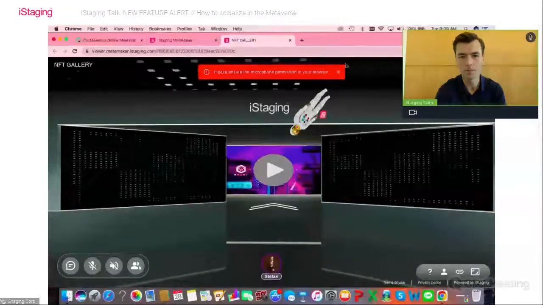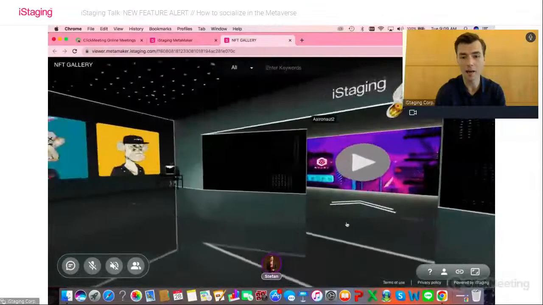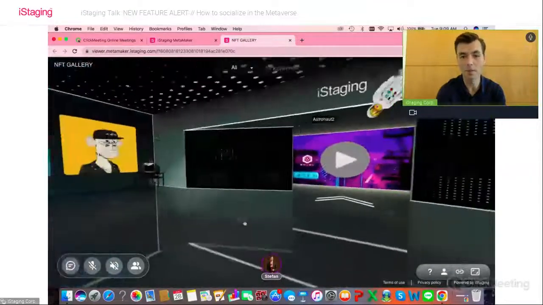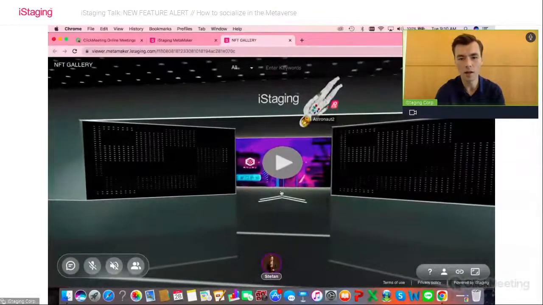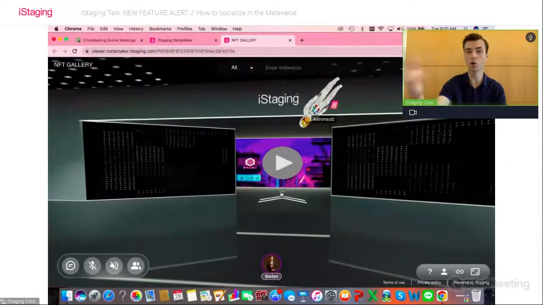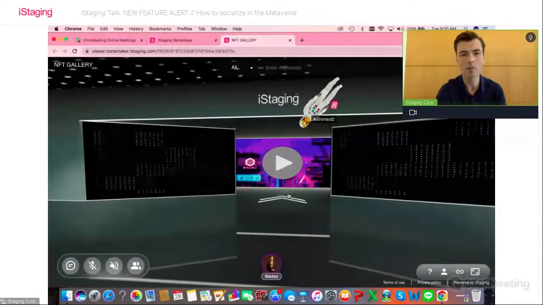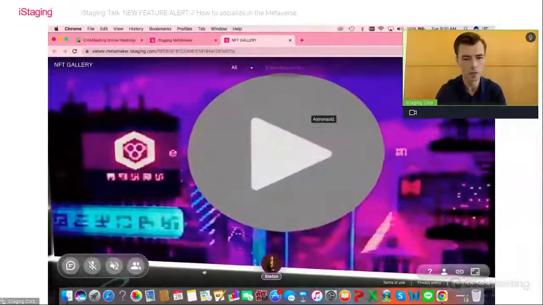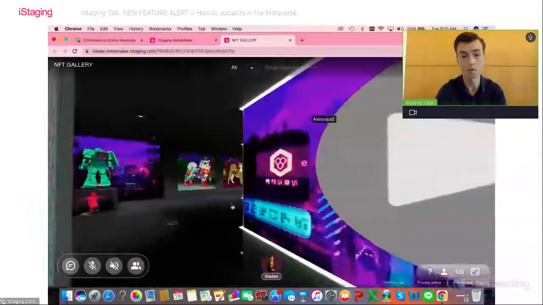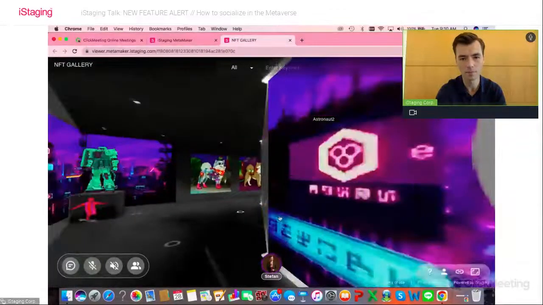All right, good. Now we're basically in our gallery, and you can see that I'm here at the bottom with this little icon. Now I will ask Phoebe to actually join me in this space as well. There might be a little bit of delay, guys, because we're sharing screen and using a webinar software. So just give it a couple of seconds to load. Now I want to go to the main area here.